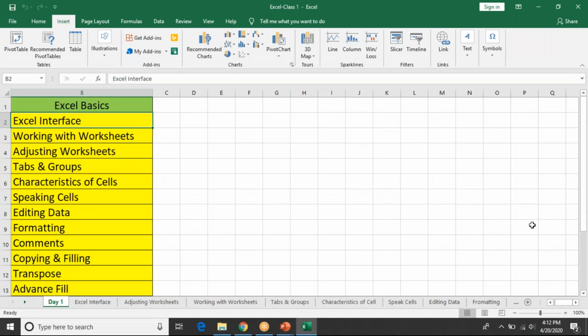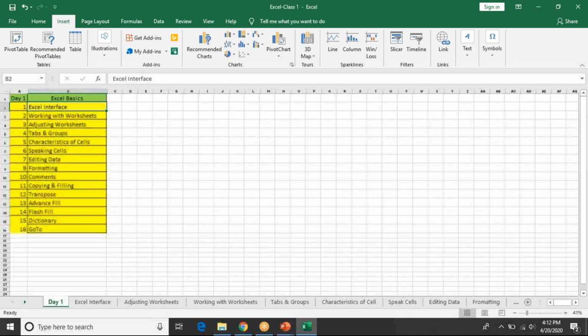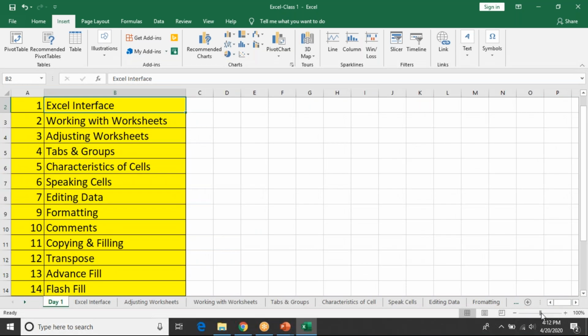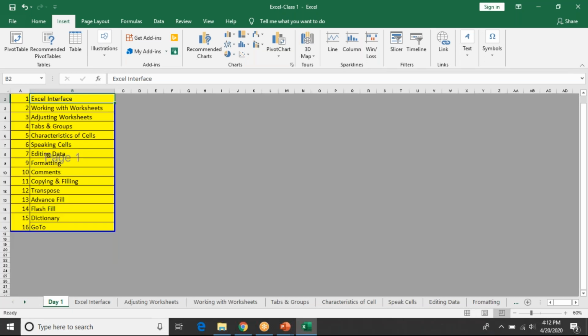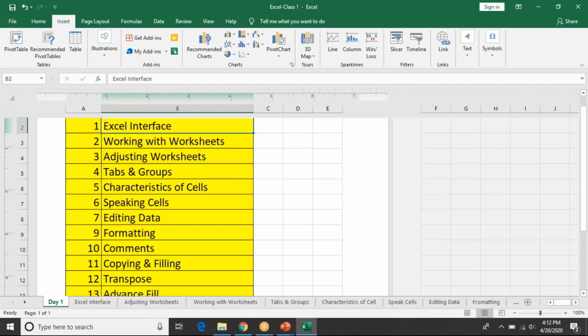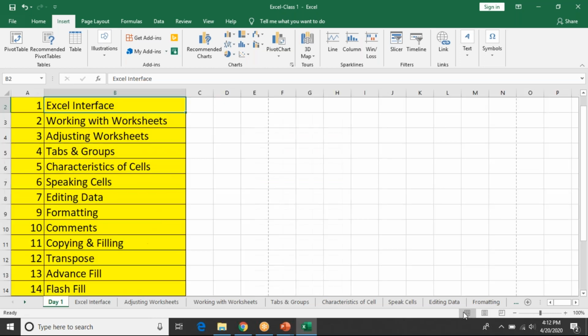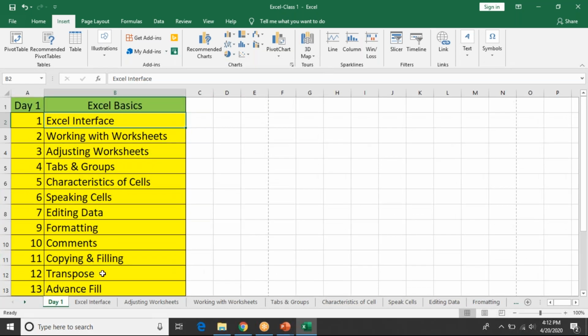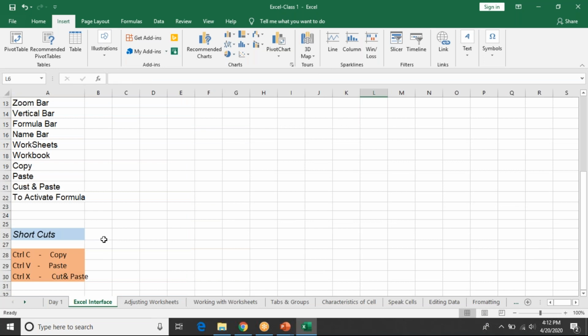You also have an option over here where you can zoom in, you can zoom out. The different page views, you have it over here: page layout, page break view. Now this is what is called page break view. If you want the layout this way, or if you want a regular one, you can select based on what is available over here. So this is a little bit of an Excel interface.